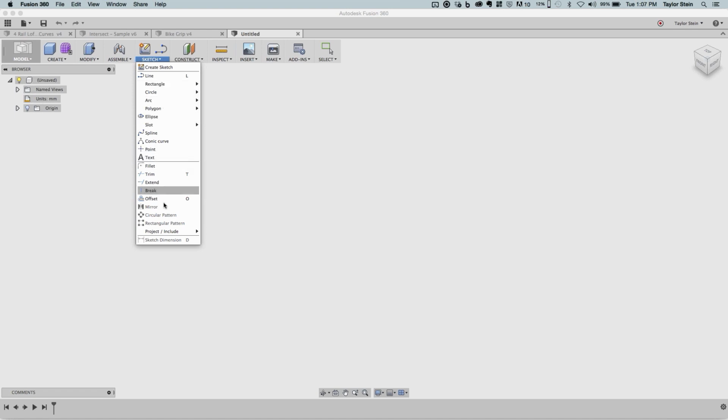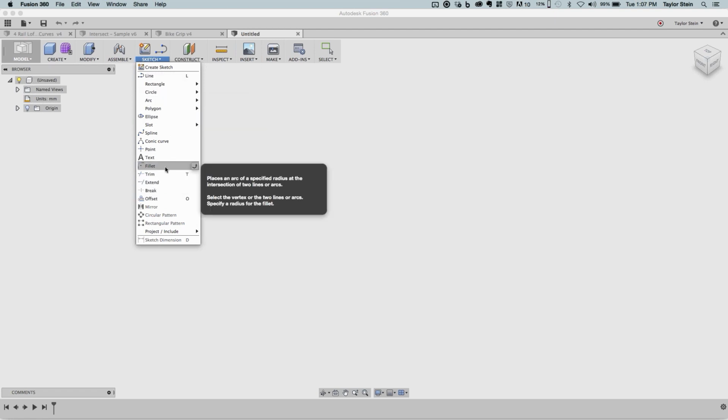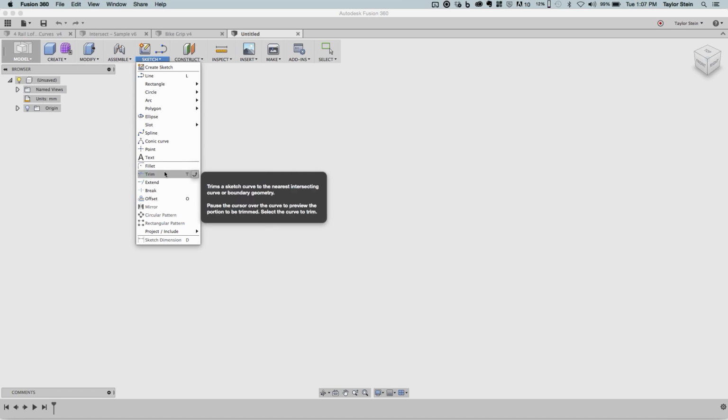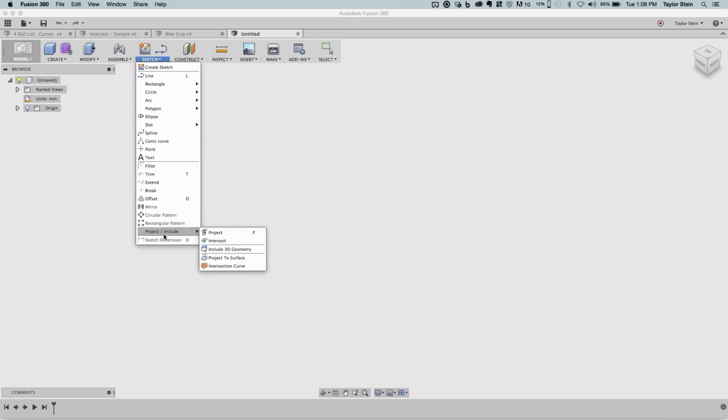We also have these other tools down at the bottom that interact with sketch geometry. So instead of creating them, these are tools I can interact with them and edit them. So for example, we can add fillets, trim, break, offset, really interacting with existing sketch geometry. And then down here we have the project/include section of the sketch menu, which really is some of the advanced